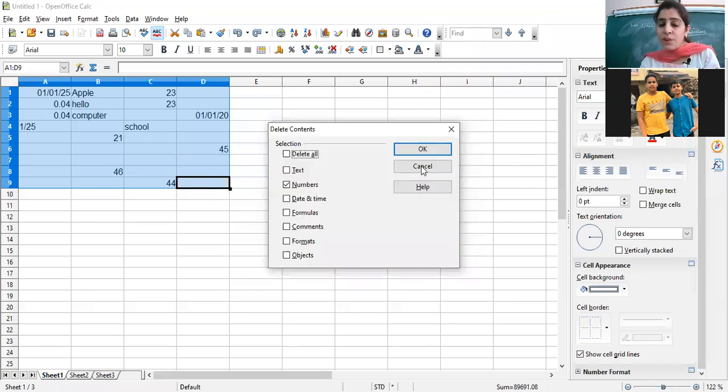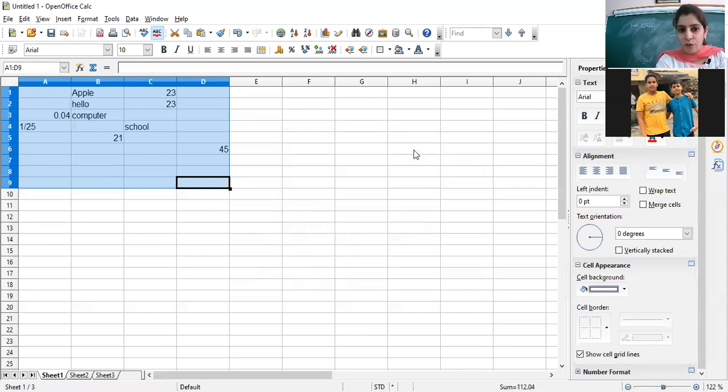Now, you can choose more than one option also because these are check boxes, and the property of check boxes says that more than one option can be selected at a time. There is date and time also, and formula is also there. So let's select both the options together and see the output. Wherever there is a formula and date, both the values will get deleted.